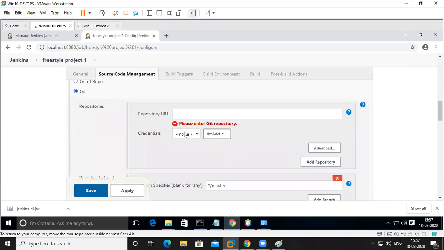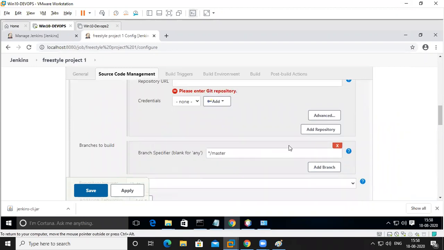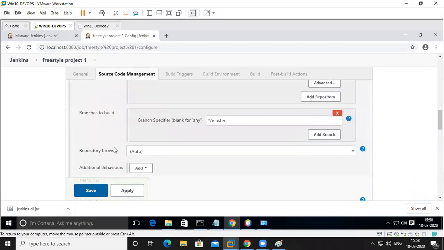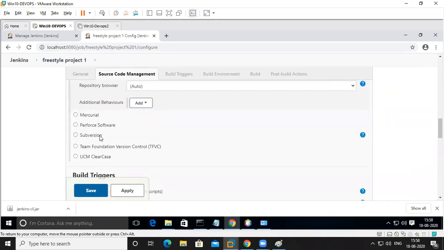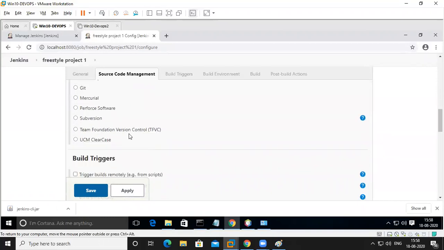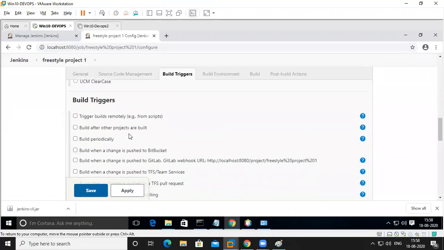If you have code in Git, you can specify it in Git. Or if you have it in Subversion, Team Foundation Server, or UCM ClearCase, something is there. I'm using none for the first one, because I just want to show you this.